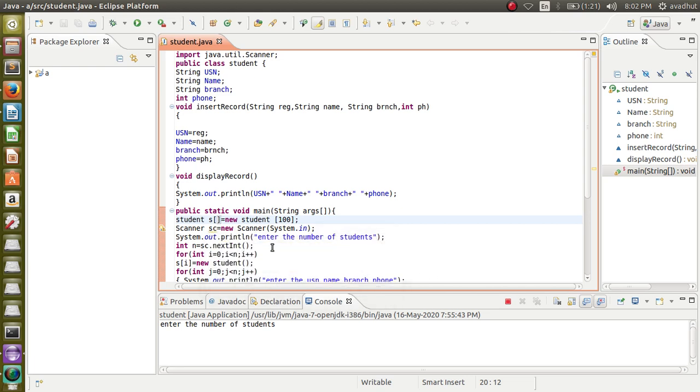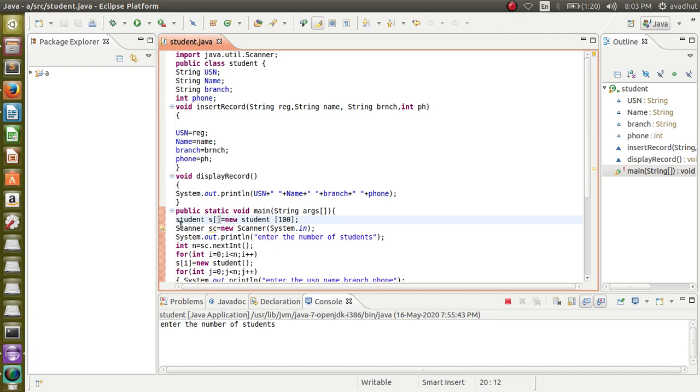Next, what we are writing here is "Enter the number of students". We are printing this so the user understands what data should be given as the input. Next, n is equal to sc.nextInt. If you are reading an integer number, then you use the nextInt function. If you are reading only a string, then the sc.next function can be used. Now here I am reading the number of students, which is n. N is an integer, so the nextInt function is used here.